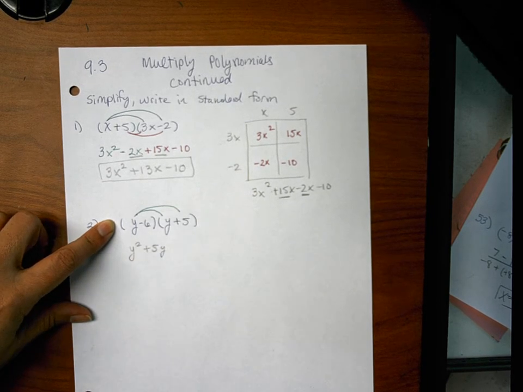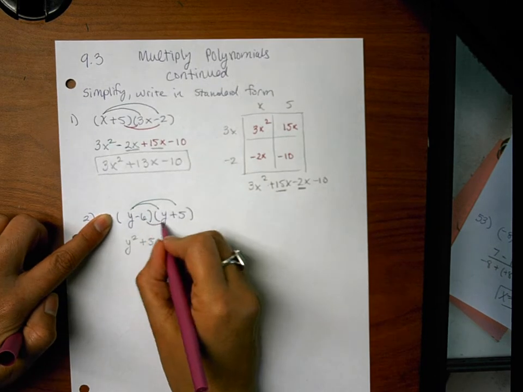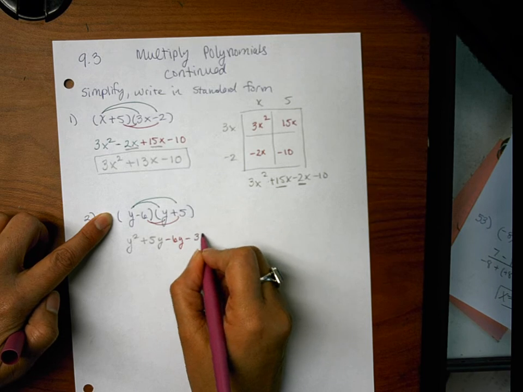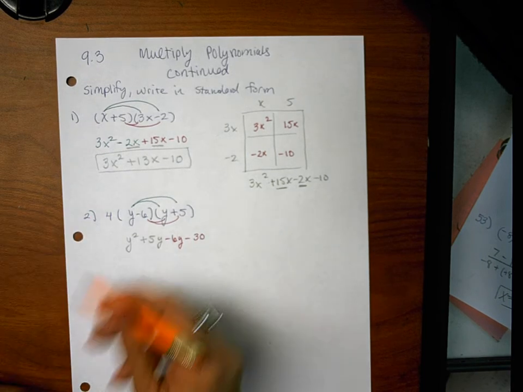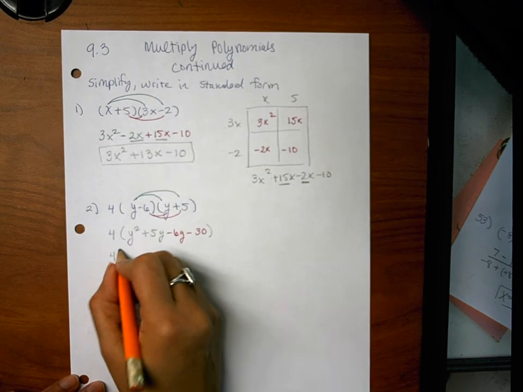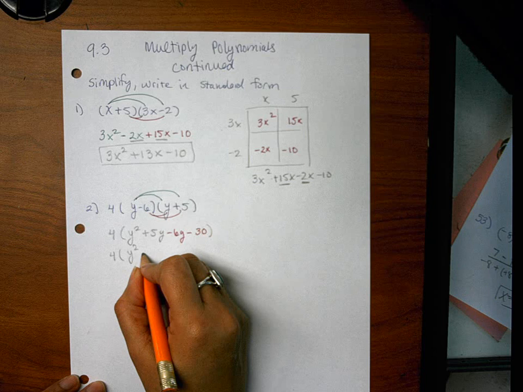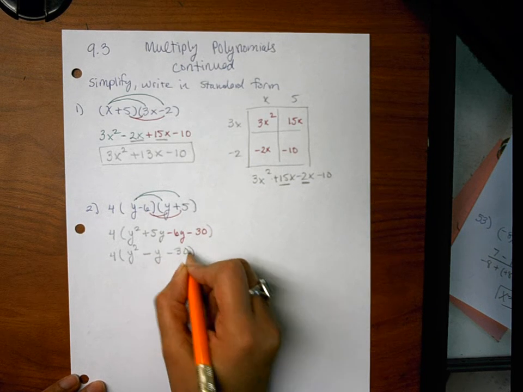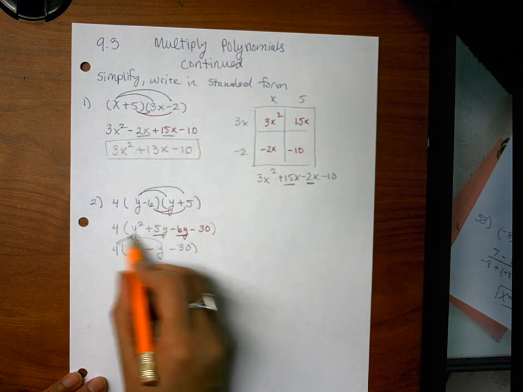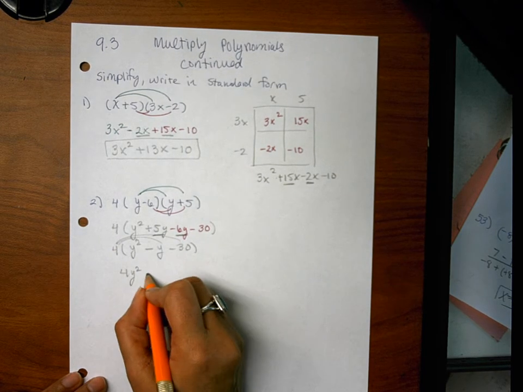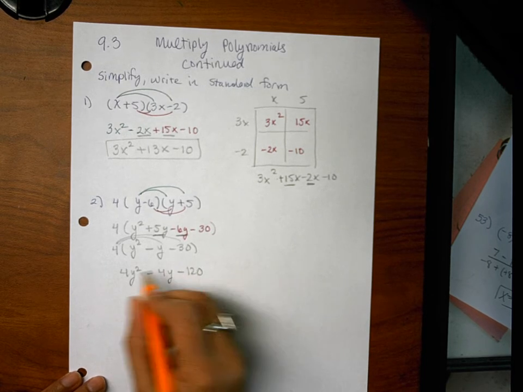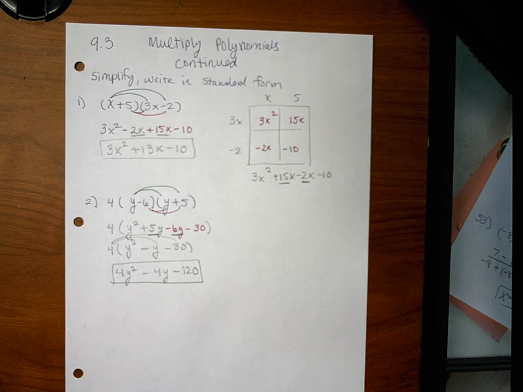Y times y is y squared. Y times positive 5 is positive 5y. And then I'm going to distribute the negative 6. Negative 6 times y is negative 6y, and that there is negative 30. I'm going to combine like terms and then distribute the 4. You could do the 4 now if you wanted, it doesn't matter. Y squared, that comes out to be negative 1y minus 30. That's because those there are the like terms, and then you distribute your 4. 4y squared minus 4y minus